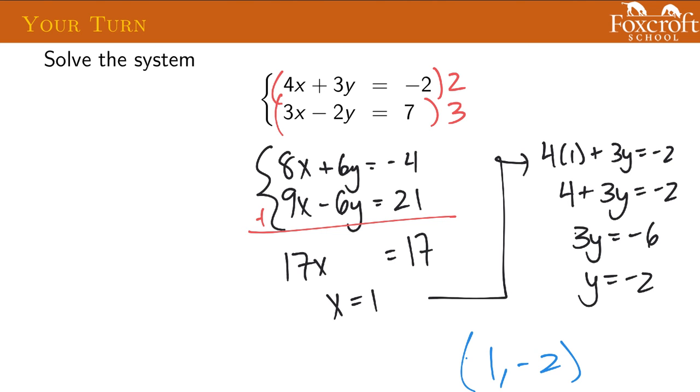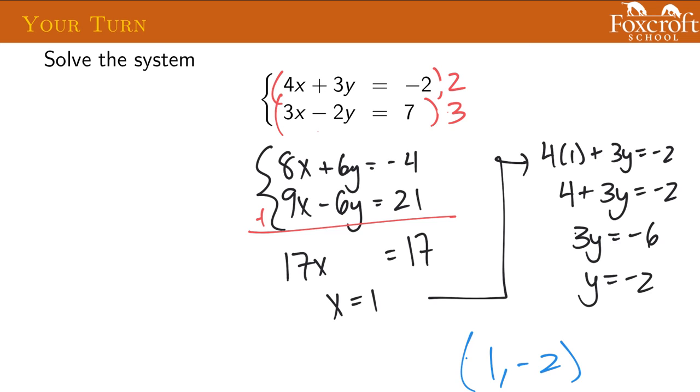And here's the way I did it, and just give you a little insight of why for this problem, I'm getting rid of the y's instead of the x's. The reason is because these signs are already different. One's already positive and one is already negative. All right, so I don't have to add an extra negative sign there or anything. All right, so that's the reason I'm getting rid of y's instead of x's,